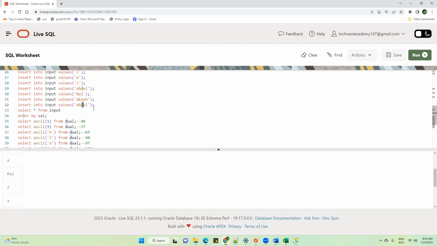So it is clear that if it is small, then it will come a bit later, because small letters are always later than the capital letters. The small letters have higher ASCII values, so they will be displayed at the last. So net, the engine will always first look at the first character. If it is able to take a decision based on the first character, it will never go to the next characters. If it is not able to take a decision on the first character, then it will go to the next character.